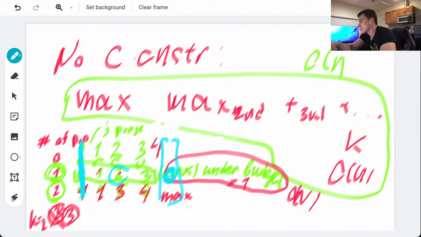Return total profit. All right, it's an easy one. If not, else, it can be greater because we will return it then.